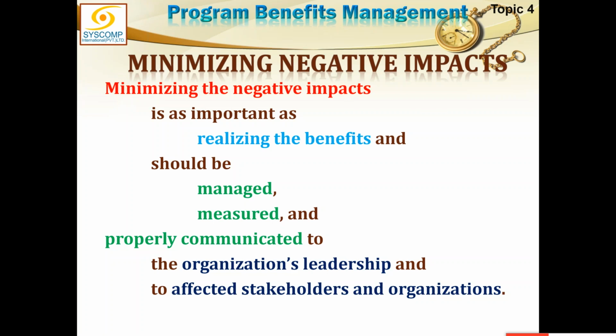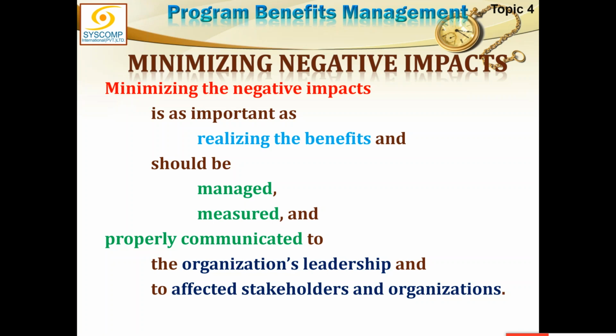So you see, I have three different intended beneficiaries. Two of them are actually benefiting from the program. One is being adversely impacted. So I have somehow also to try to minimize the negative impact. Naturally, the two beneficiaries which are getting the positive impact, that is good. But as far as the negative impact is concerned, I should try to minimize it as much as possible. So it should be managed, measured, and properly communicated to the organization leadership and especially to the affected stakeholders